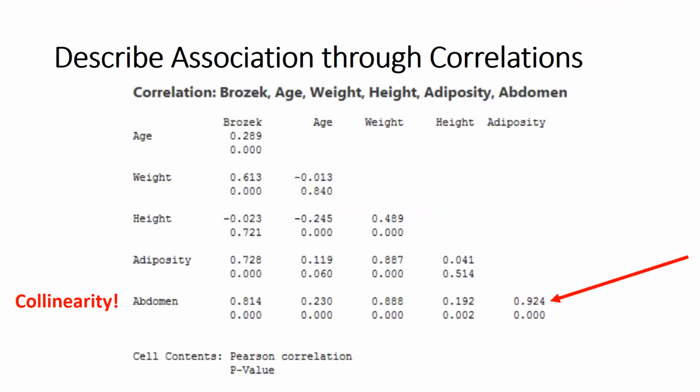That effect is called collinearity. In fact, you could see that collinearity. I was trying to draw your attention to the left-hand column, but in fact, out there on the right-hand side is the reality that adiposity, which is BMI, and abdomen, which is a circumference, have the single strongest correlation in the whole table, 0.924. That's called collinearity. That means that those two independent variables are collinear. In other words, they have a strong correlation. They're not really so independent of each other.